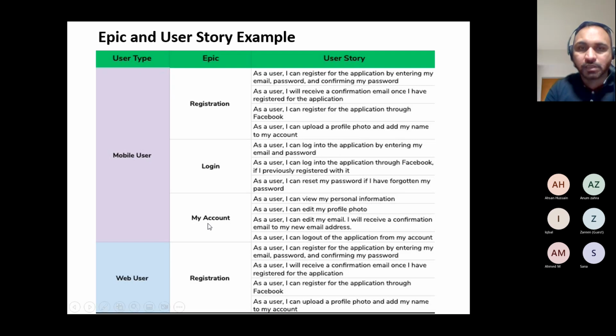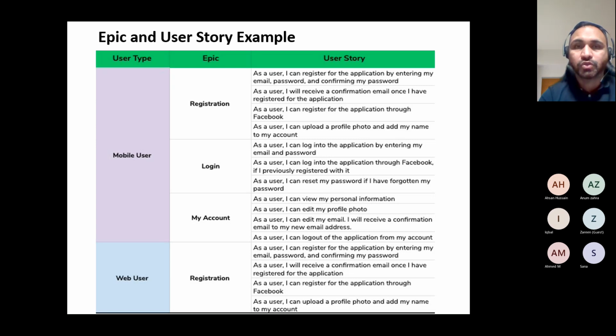And then the third one is my account. And the web user is the same, repeat and rinse. It could be registration, login, my account, but I'm capturing only registration over here as an example, to fit it into this screen. So on the registration piece, we divided it into the ingredients and the topic,